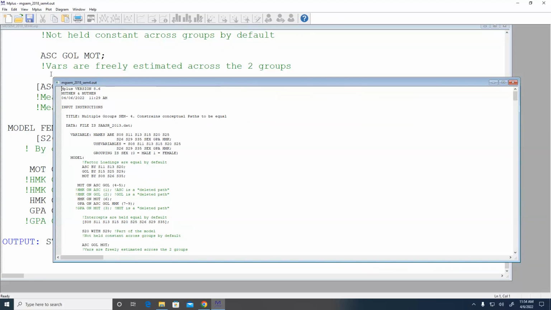So anyway, the point is, if you use this logic of constrain first and then think about deleting, you won't get yourself in trouble that way. If you don't use that logic, you could end up going down a bad rabbit hole and doing something that wouldn't make sense, like getting rid of it in one group and not in another, when in fact that would be a really bad idea.